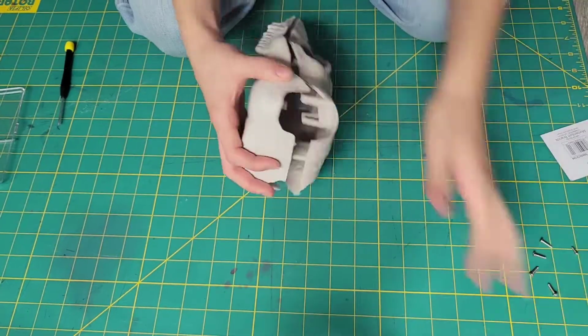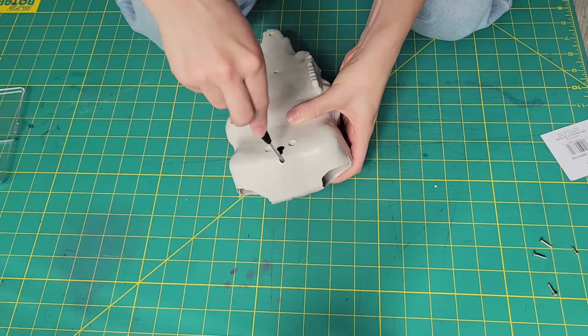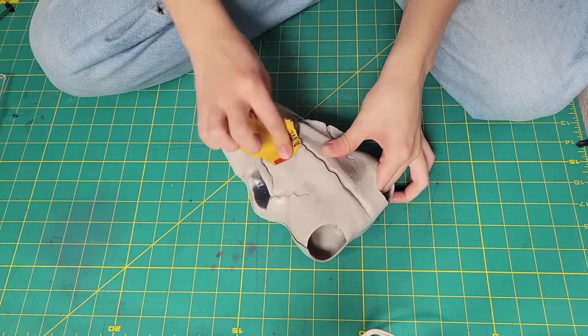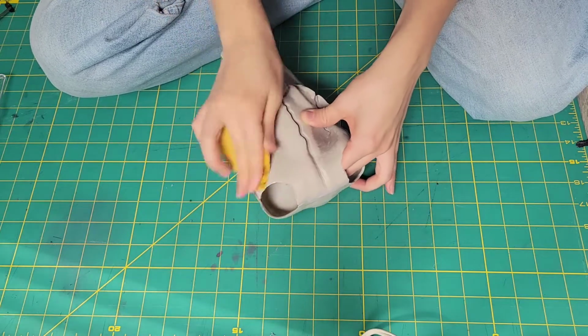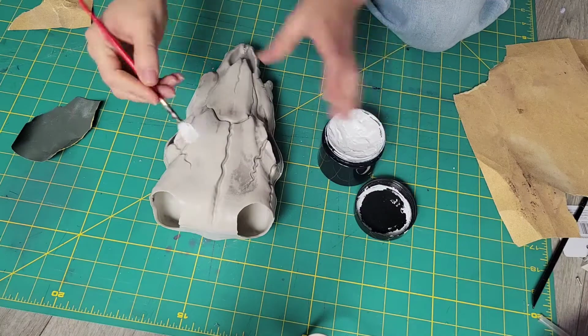Then I reattached all those screws, keeping the extra ones from the wall hangers so I could use them later on. I then sanded it down really well. I recommend getting in all the little cracks and everything because I did not, and I regretted it